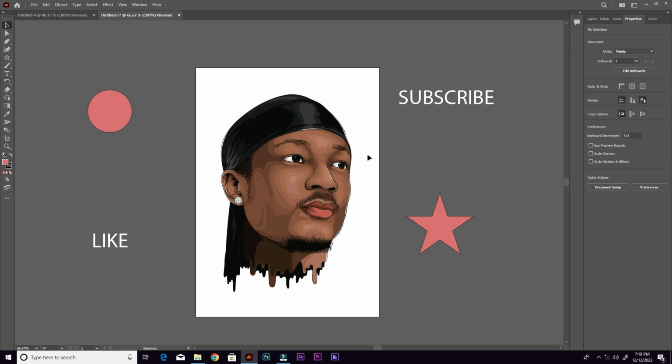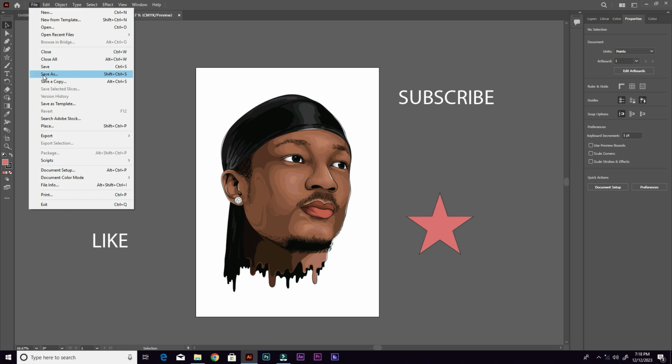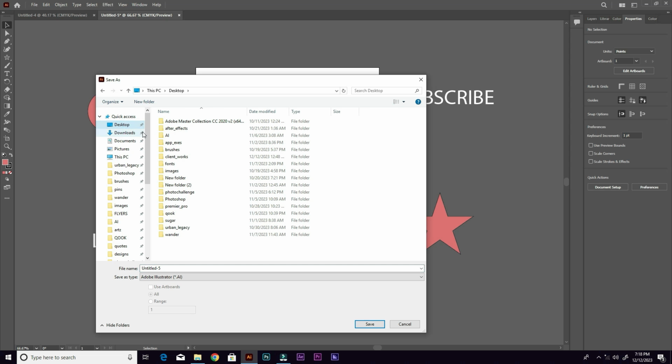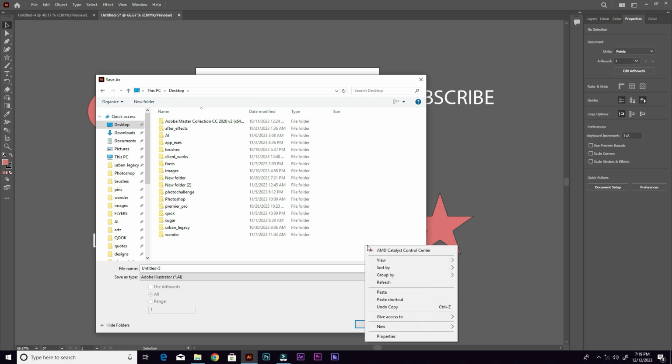Now, if you have a single artboard with work like this and you want to save it in an Adobe Illustrator file, let's go to File from the menu bar and then select Save. Now, this is what pops up, and from this side you can choose the location or the folder that you want to save this file in. Alright, so I will choose desktop, and right here I can right click and then create new, and then select new